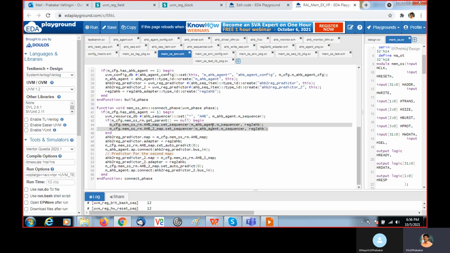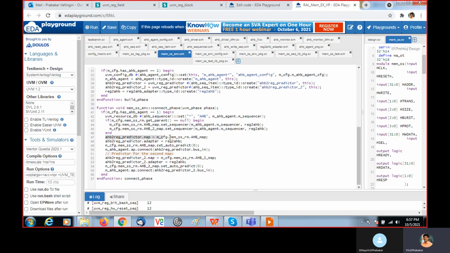Now it is present in m_AHV agent.m_sequencer, and then rch_to_AHV that we instantiated, right? That is the adapter we are using. So those 2 handles we are setting to the AHV map. One is for AHV map, another one is for AHV 2 map.